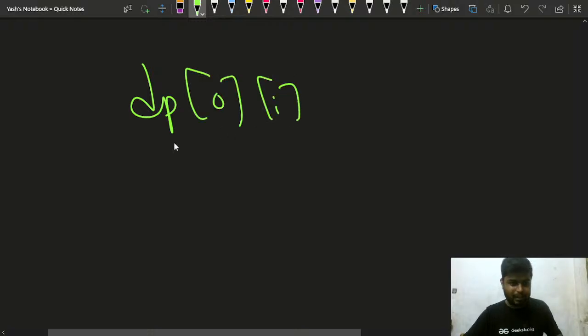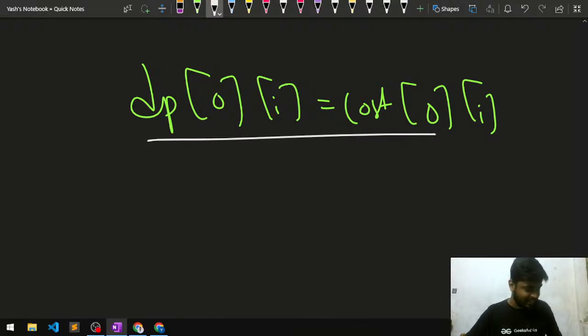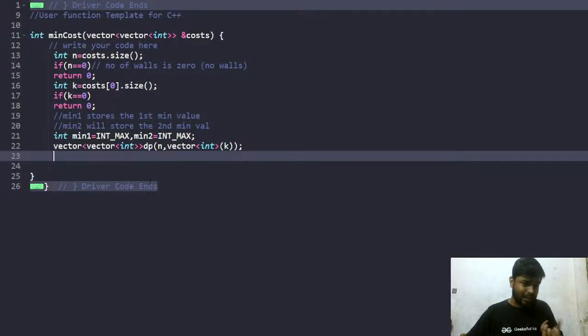Basically, for the base level, the level where I have not considered anything yet, I want to initialize my DP[0][i] to cost[0][i]. I need to iterate through all the colors and do the initialization part. I also need to find the first minimum color and the second minimum color, and the costs of the first minimum color and the second minimum color.